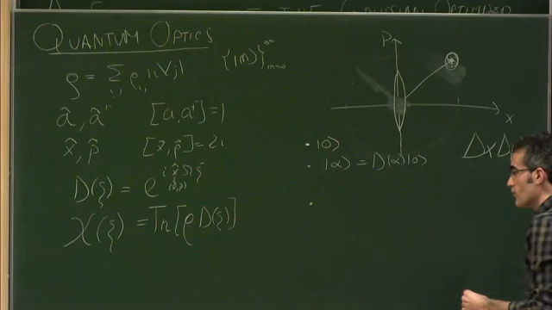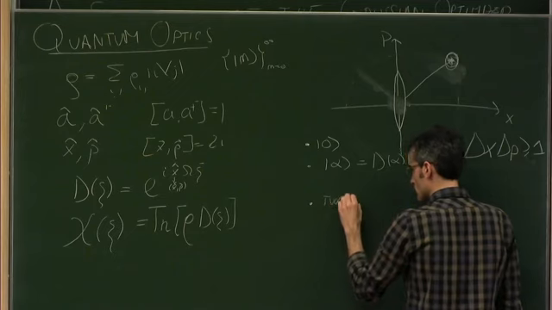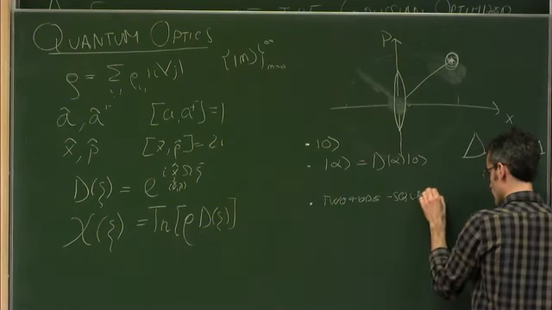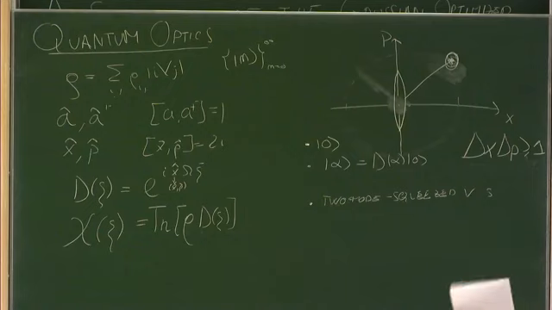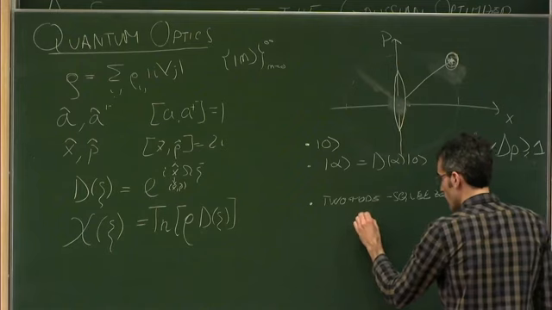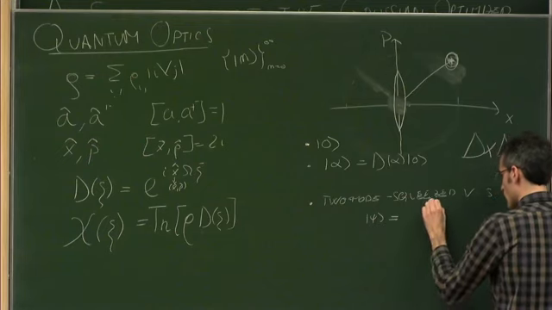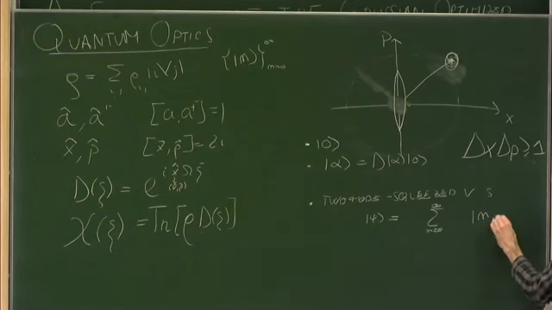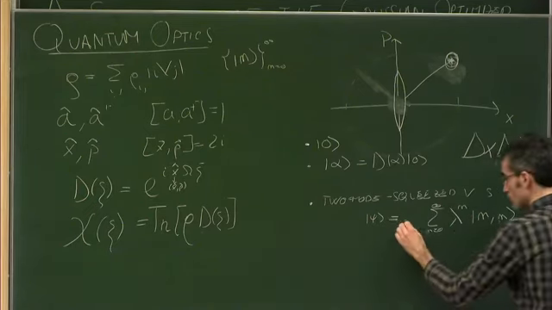And then another important pure state is what we call the two-mode squeezed vacuum state. Which is basically the equivalent of the Bell state, the one that we use as unit of measurement of entanglement in quantum information, and is written this way. So it's a superposition of n photons on one mode of light and n photons on the other mode of light in some amplitude that is a geometric series, okay? And then you normalize.